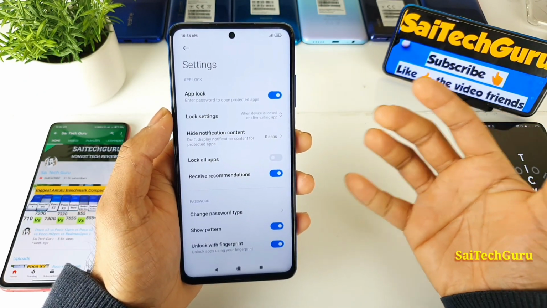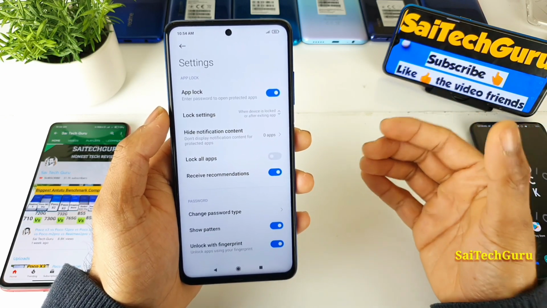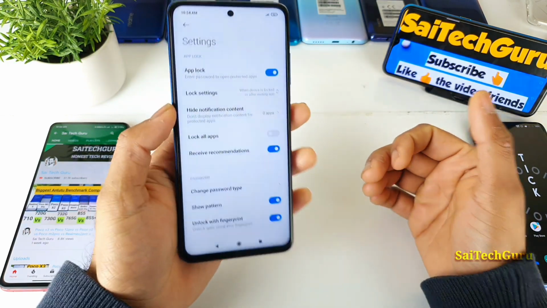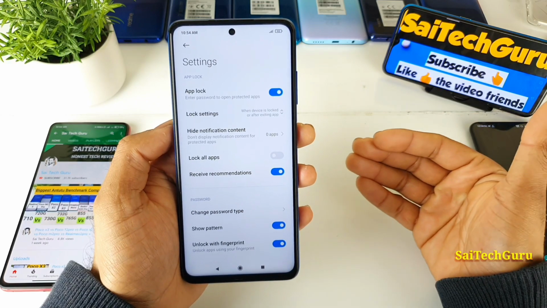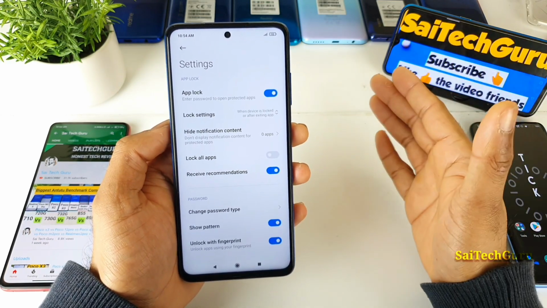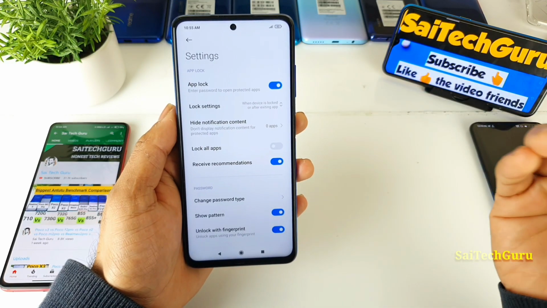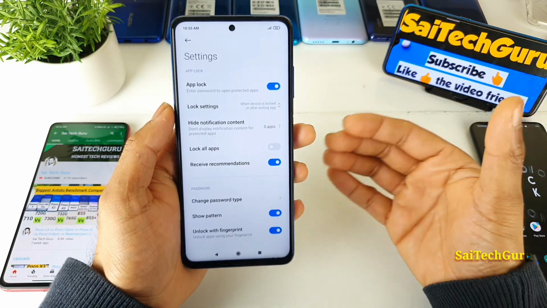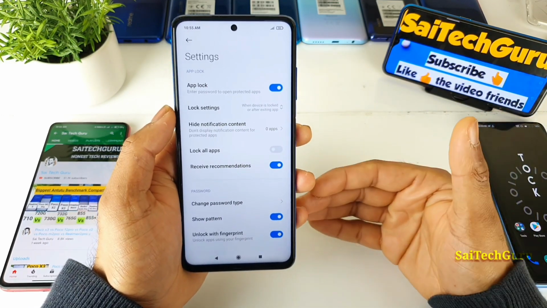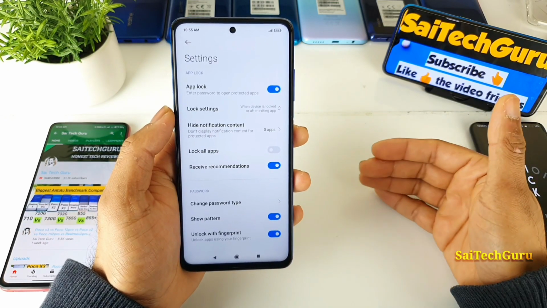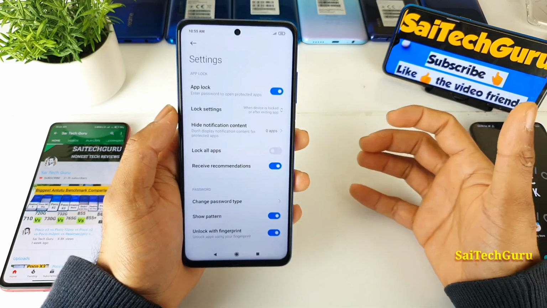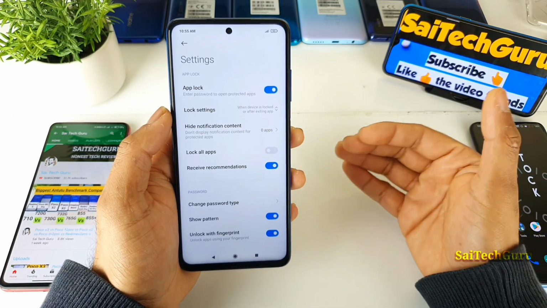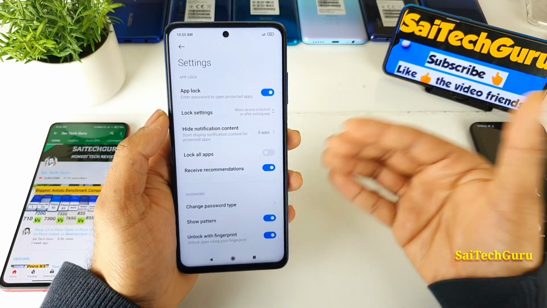So these are the things most of the users don't go through. But these are the things you must go through, friends, before enabling app lock in the Poco X3 device. So for more interesting tips and tricks like this, make sure to follow me regularly on SciTech Guru, and I'll not only say what it is, I'll go in-depth with reviews for each and every feature, to make it useful in everyday life. You need to know more things about these features as well. So that's why I'm trying to cover individual videos for tips and tricks for each and every part, not mixing everything together in a big video. I can do that if I want, but I just want to spend more time on each and every application and each and every feature to explain in depth.